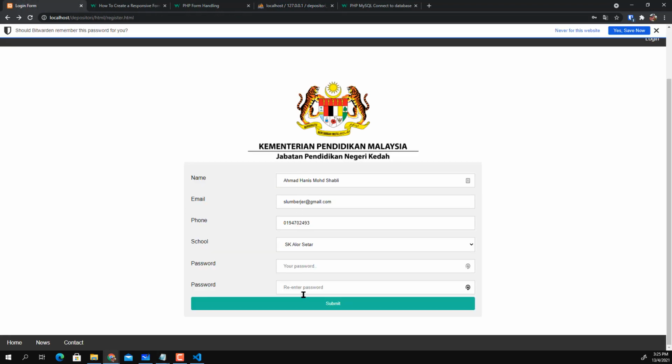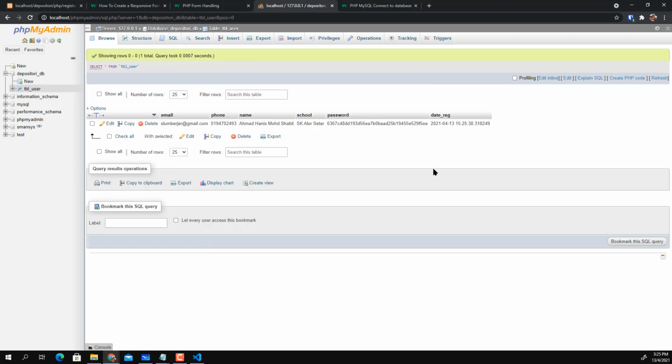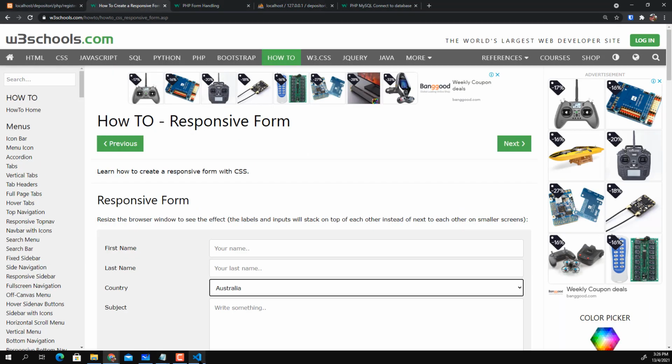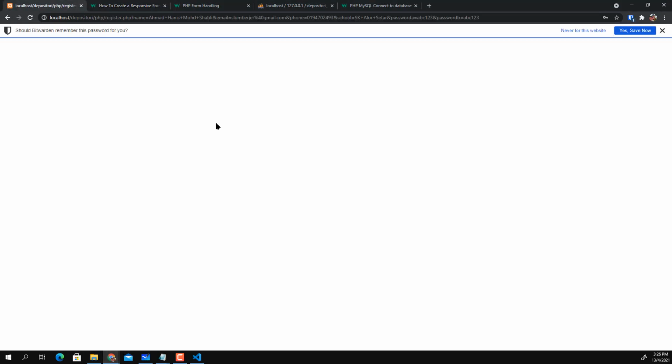So delete it and just submit and check our data again. Now you see the password changed to this SHA1 value. So it no longer stores a naked or readable password. So that is the registration process, and of course, for now we didn't have much in terms of the response. So if the registration is a success,